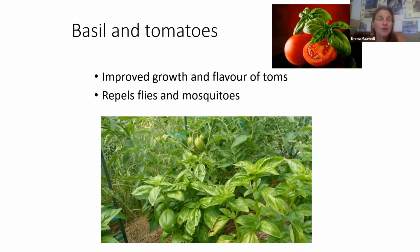Basil is supposed to be a very good companion with tomatoes. It's supposed to make your tomatoes taste better and more flavoursome. I mean, it definitely does when you crop it and harvest it and put it in a bowl together. Whether or not it actually has that effect in reality on the growing tomato, I don't know. But it's supposed to repel flies and mosquitoes and things like that. One thing I do plant